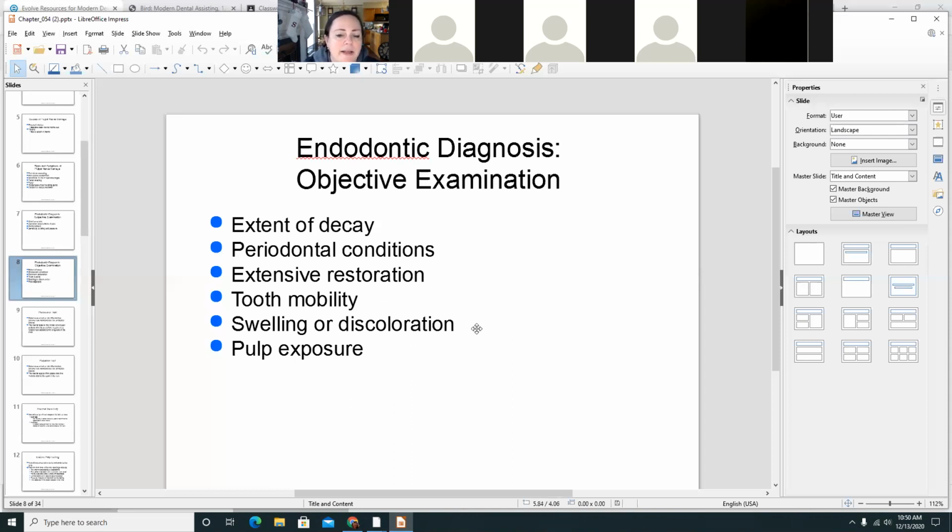All right. Swelling or discoloration. If someone has a tooth that's turned gray from trauma, then typically that tooth is going to need a root canal. Okay. And then of course, pulp exposure. If the tooth breaks and you can see the pulp, obviously,